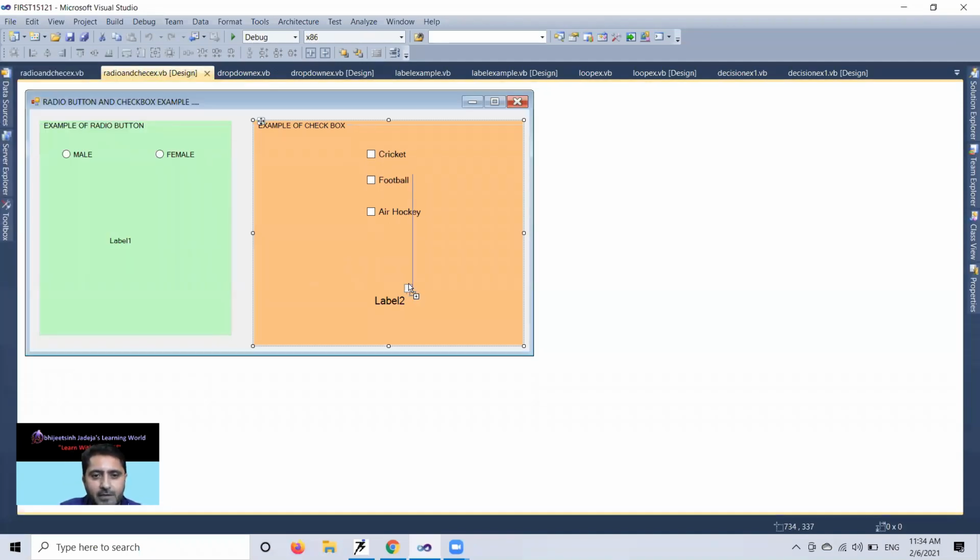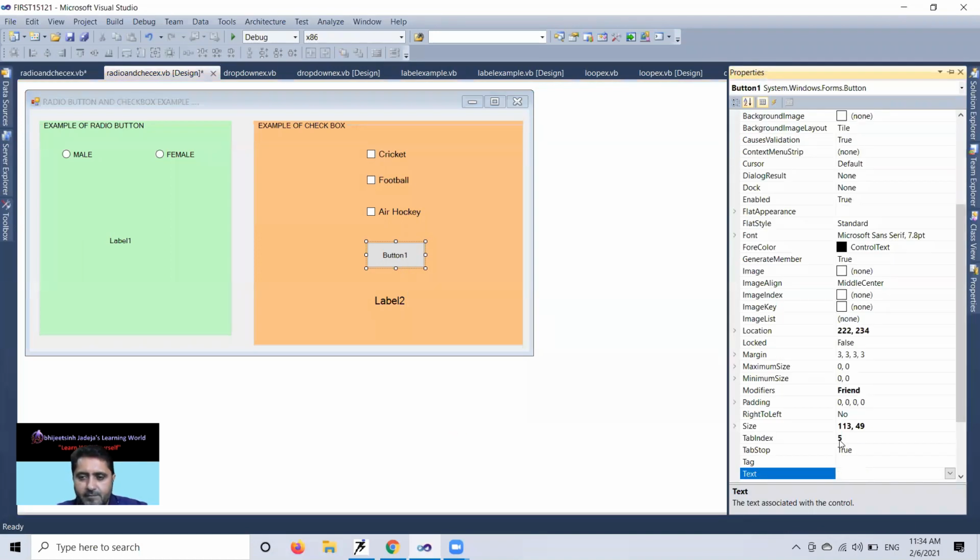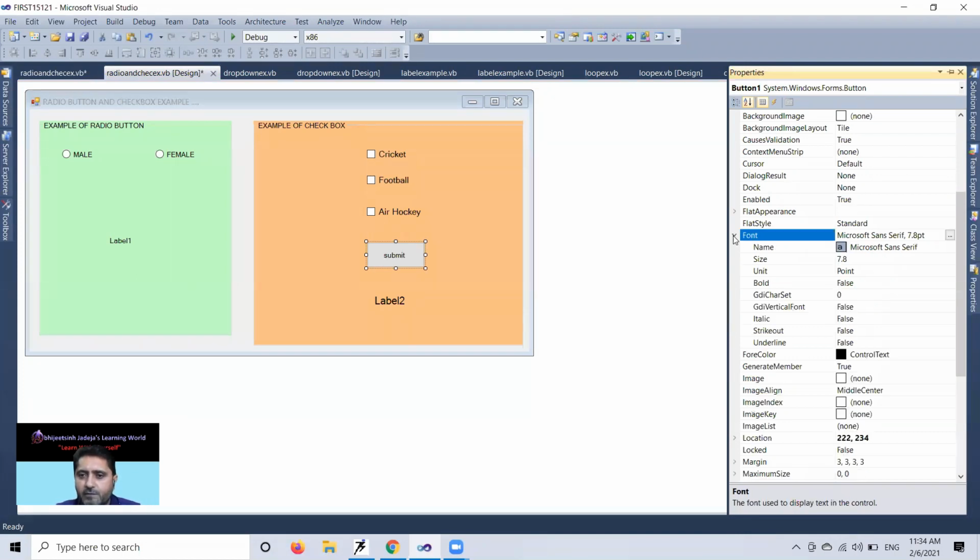Toolbox, button, right click, property, submit. The font is very small.